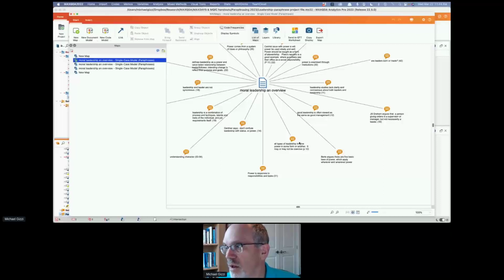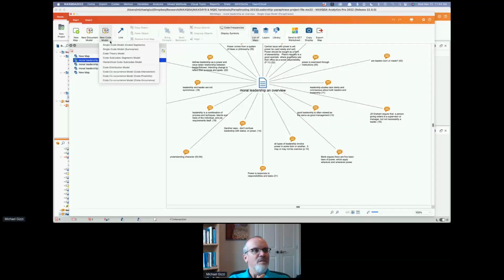The variable is dynamic. As you add more paraphrases, the number will increase, yes. But if I create a map, paraphrases in MAXMaps can only be document maps or single case models of a particular map for paraphrases.